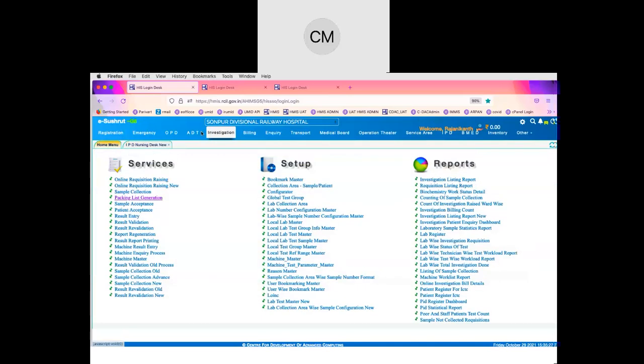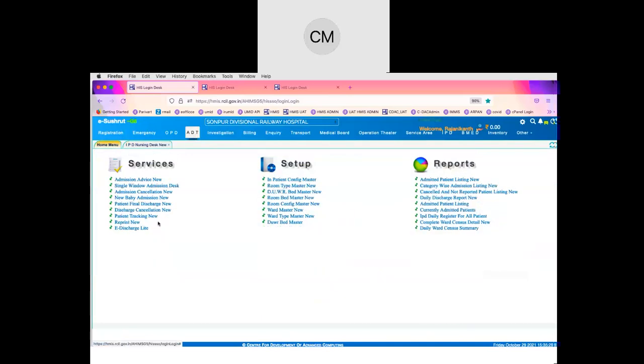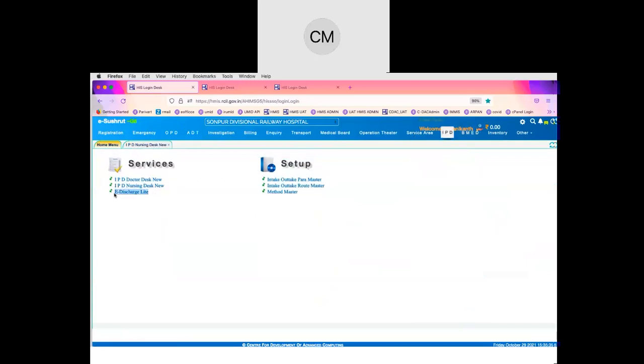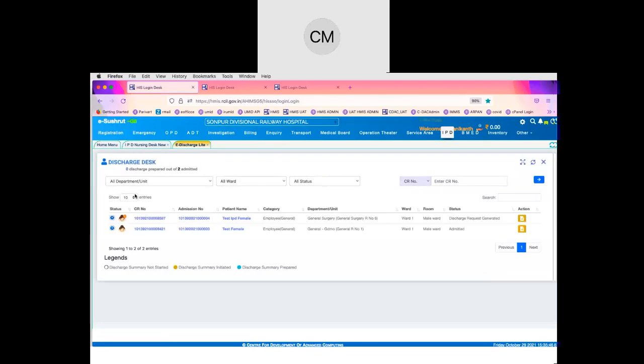All the preparatory work required for preparing the discharge summary can be initiated by the nurse here. Now let us see how the discharge summary can be generated in the ADT module as well as in the IPD module. In the IPD module, normally doctors or nurses both will have an option accessible here. If you click on it, the patient identification has to be established here.